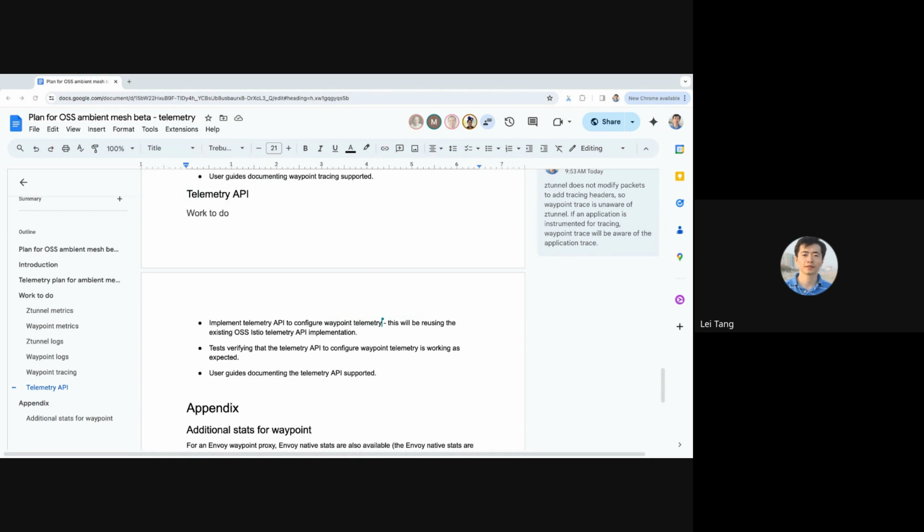But for layer 4, it's still there, it's stdout. You can do your own redirection, right? It's not about capability. It's about API consistency. If I tell the telemetry API for this namespace, I want to go to Datadog, now all the waypoints in that namespace go to Datadog, but none of the ztunnels do. That seems surprising.